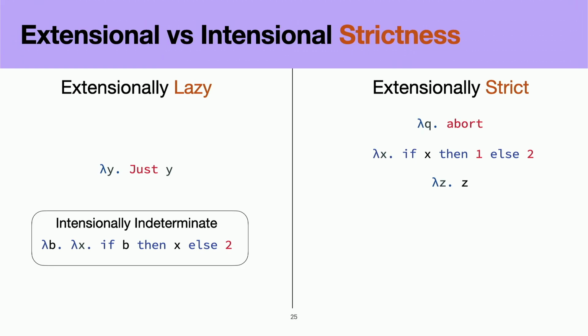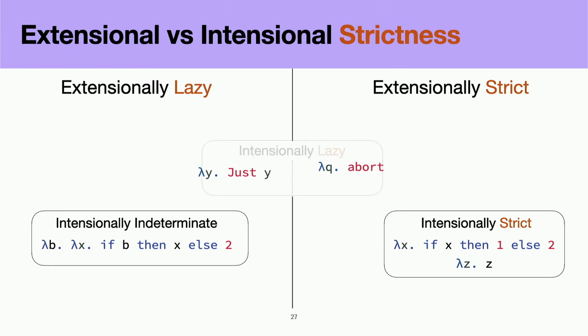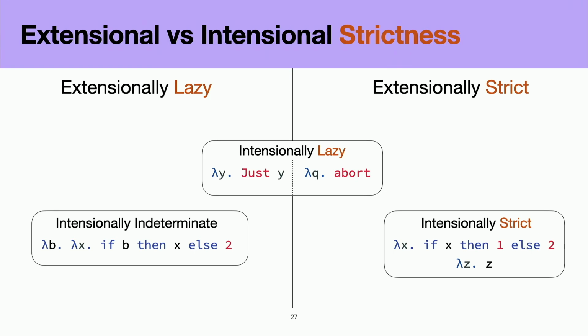We also saw earlier that the intentional strict failure property sort of implies the original extensional definition, and this is reflected in the fact that all intentionally strict functions are also extensionally strict. And then, in the category of intentional laziness, we can see that there are elements that are in both the extensionally lazy and extensionally strict categories, reflecting the fact that these two definitions are fundamentally capturing different things. Intentional strictness and laziness are really about how functions use their arguments, while extensional strictness and laziness are about the values that they produce.